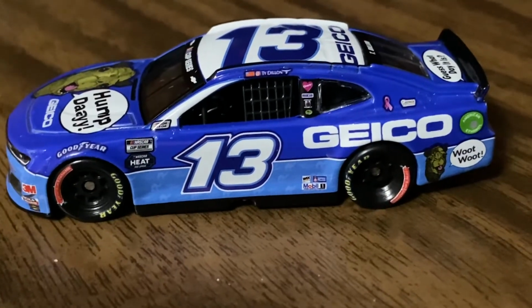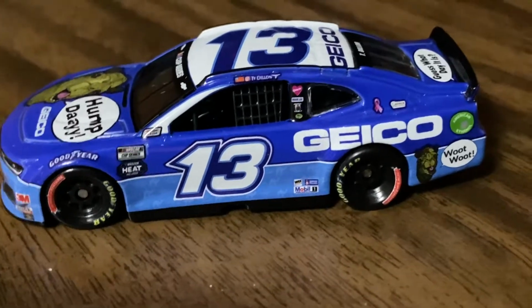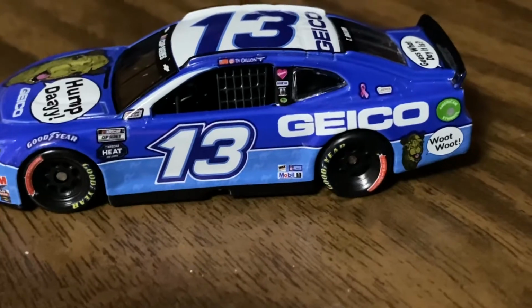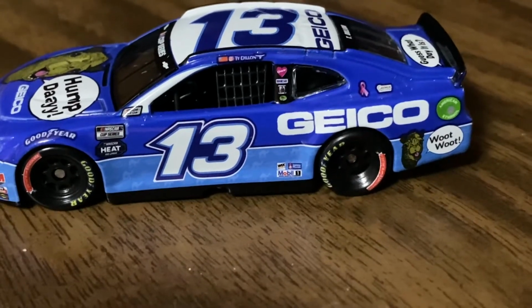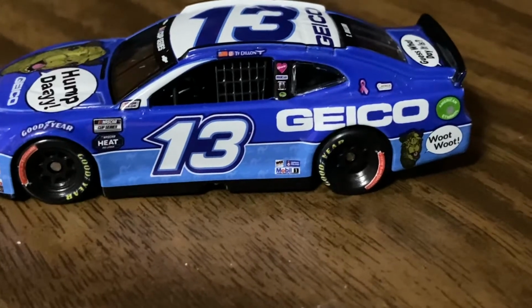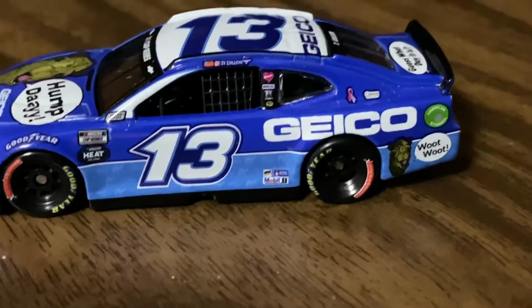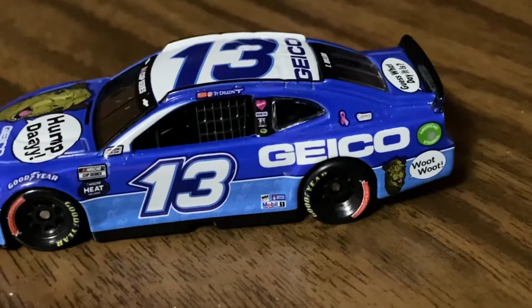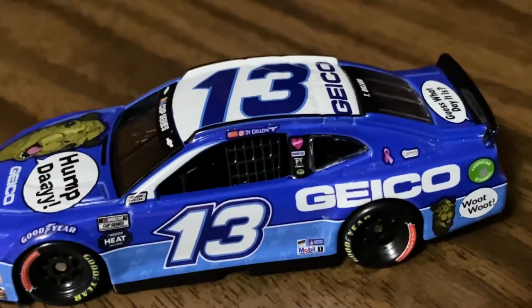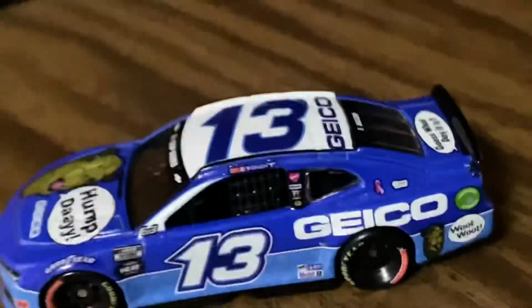I can't stand this little logo below the NASCAR Cup Series. I think it's one of the dumbest logos they put on the cars nowadays. The NASCAR Heat thing, as you can see there, it looks weird, putting it nicely. Anyway, on the top here we have Ty Dillon with the American flag and his